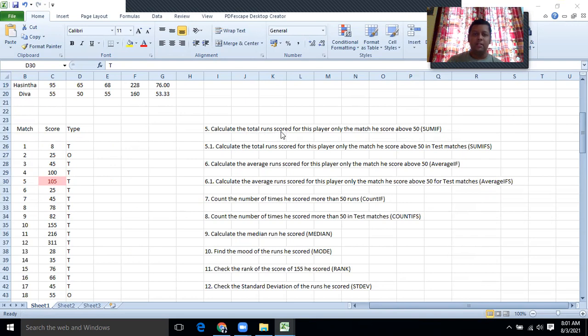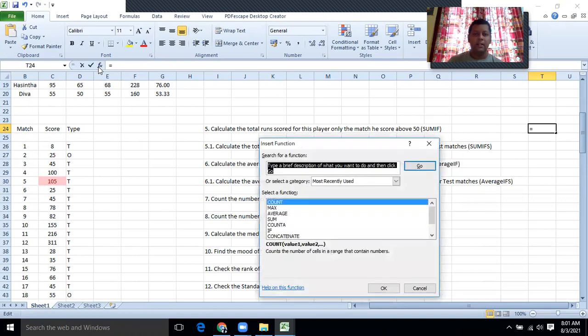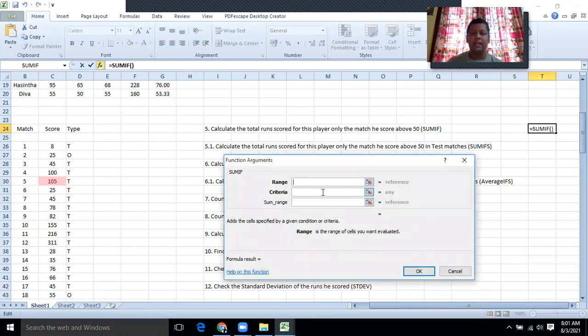Calculate the total runs scored for this player, only the matches he scored above 50. So how to calculate this? I am selecting this cell because I need the answer here. Then go to fx. Then I am trying to find the sumif function. Yes, the sumif function is there. Then click OK. Then it is asking the range,